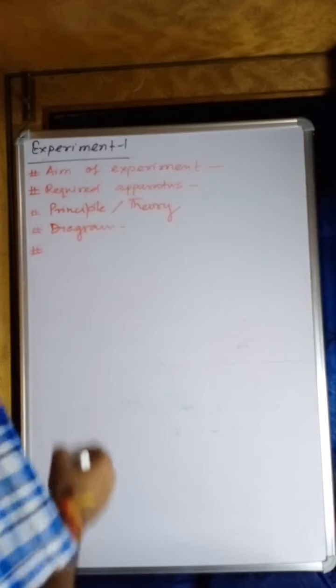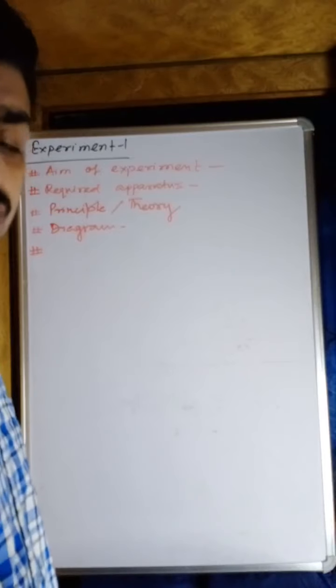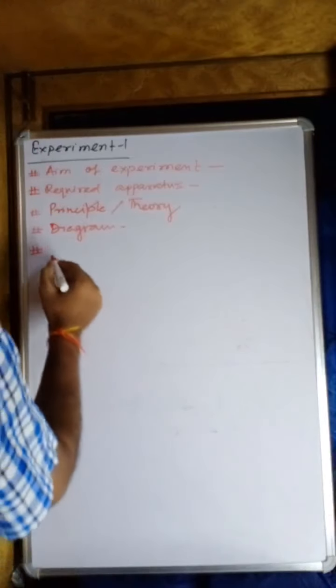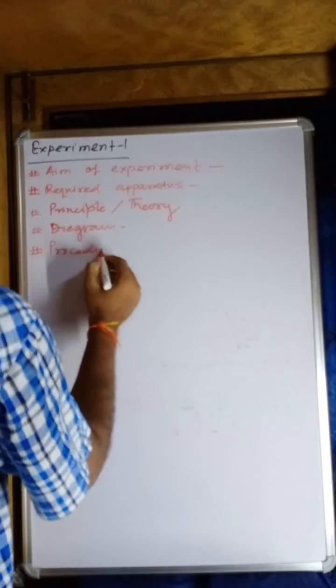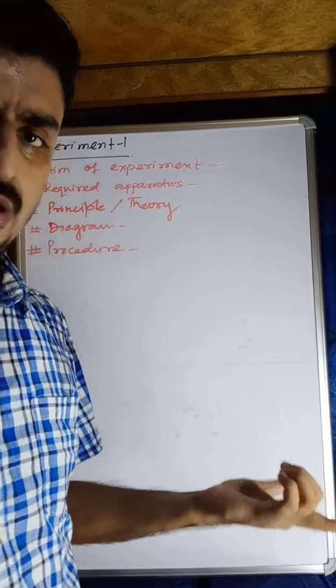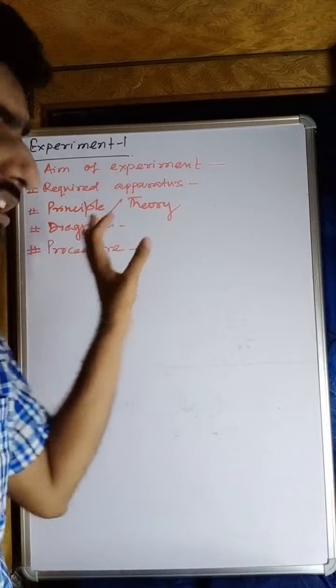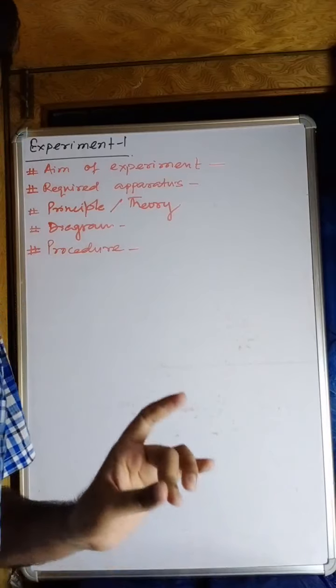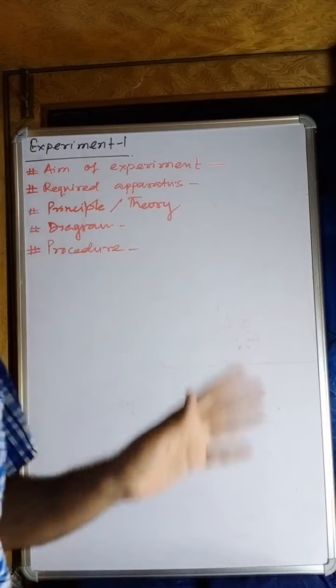Now after making this diagram, my dear students, what you have to do is write the procedure, how you are performing this experiment one by one. You have to write the procedure. And one thing which is very important, remember, you have to write the procedure here in your record copy. Procedure is never to be written in examination. In examination you have to write all the things except this procedure. Okay, except this procedure and precaution. You can write the source of error, but you don't have to write the procedure and precaution in examination. Okay, so this is the procedure.